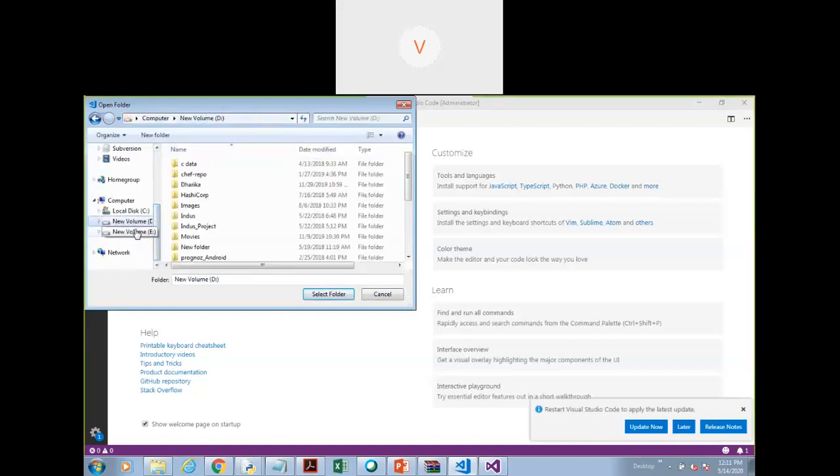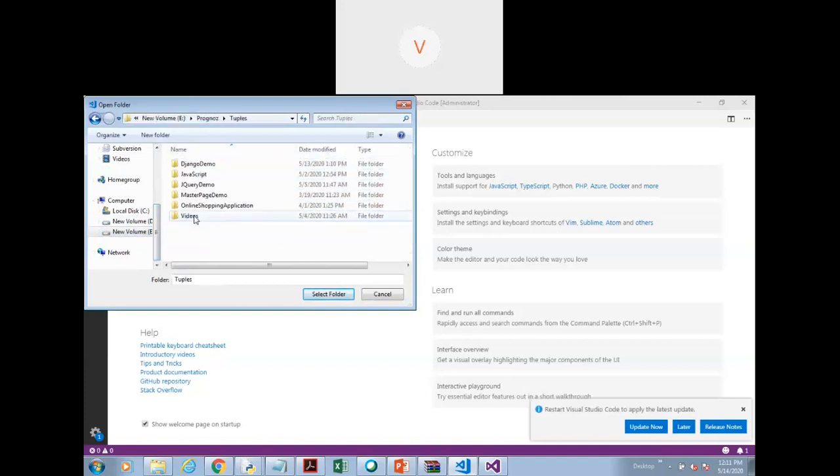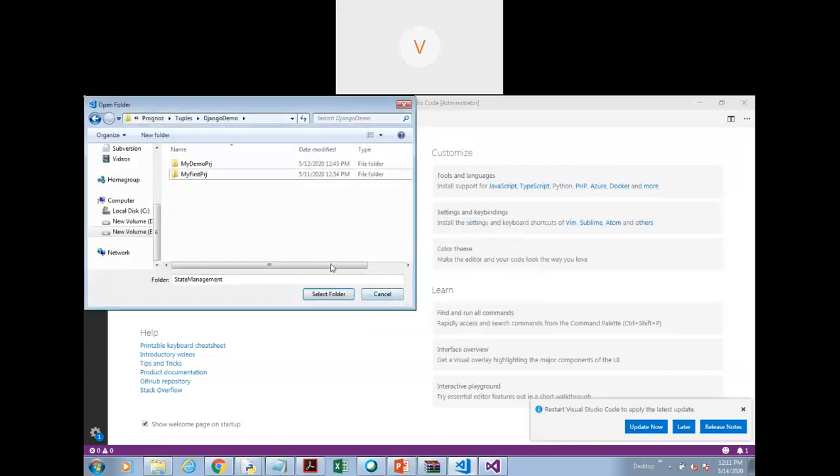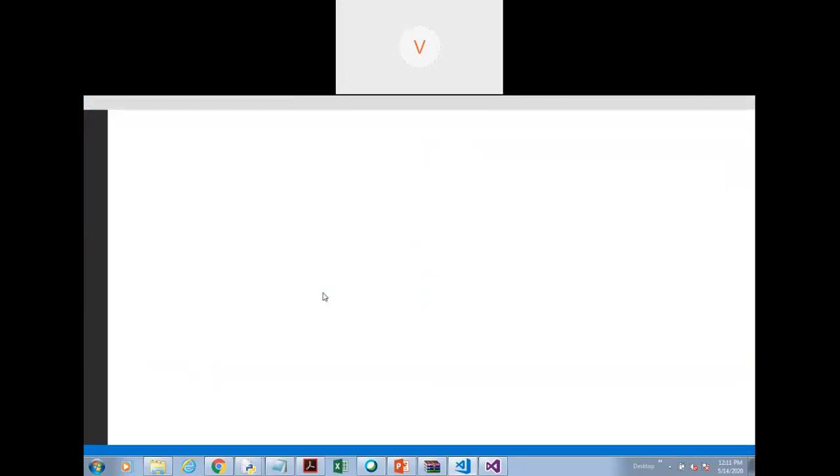And here we will just go to the Prognos tuples folder, and here Django demo is there. Let me have state management. Let's open this. Okay, I'll actually create this folder. So let's open Django demo.